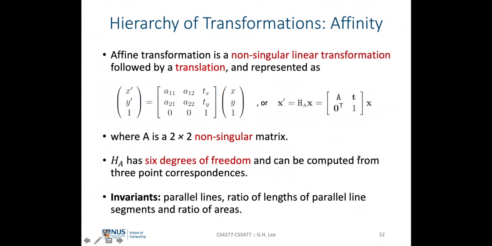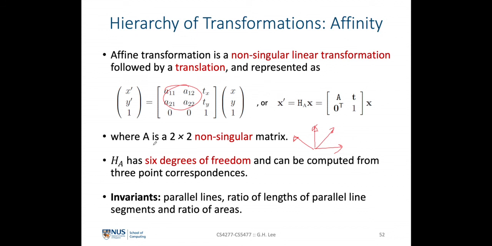The third level of the transformation is what we know as affinity, and an affine transformation is a non-singular linear transformation followed by a translation, and it's represented using a 3x3 matrix over here. So in this case, there's no more notion of a rotation matrix, no more notion of the orientation around the z-axis. So here the 4 elements over here are free numbers. That means that they can take any numbers,